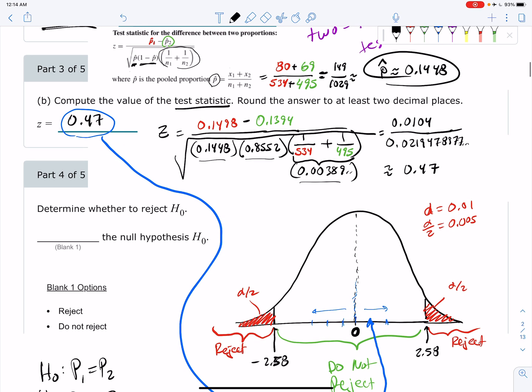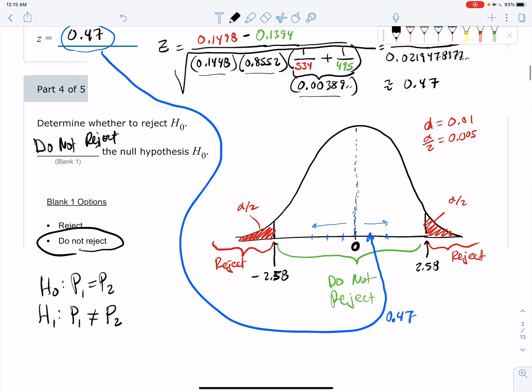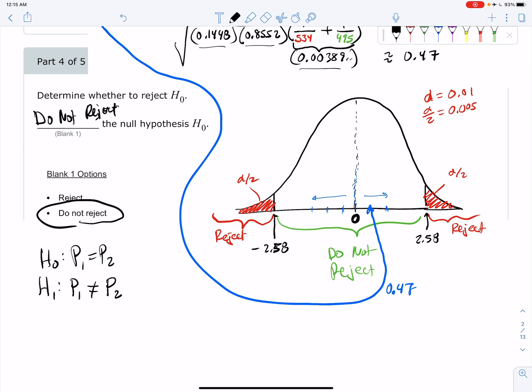So let's see, determine whether to reject: do not reject. I mean, we can't even really say that H0 is correct. We just know that we can't reject it, and we can't go with the claim that they differ. That was the claim. That was what we're trying to show, is that the weights,